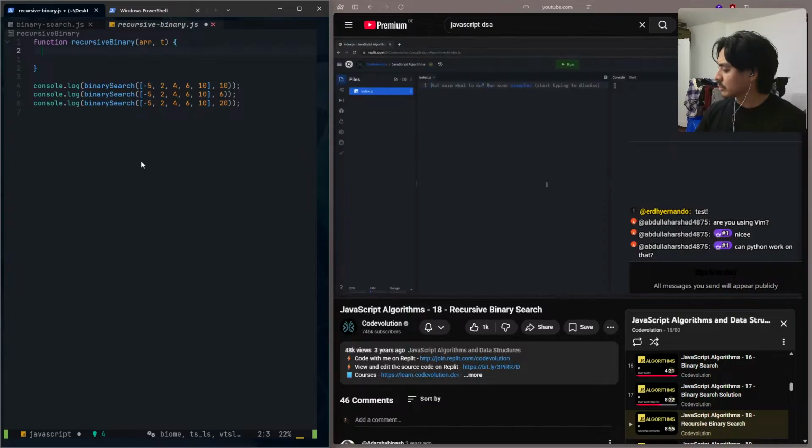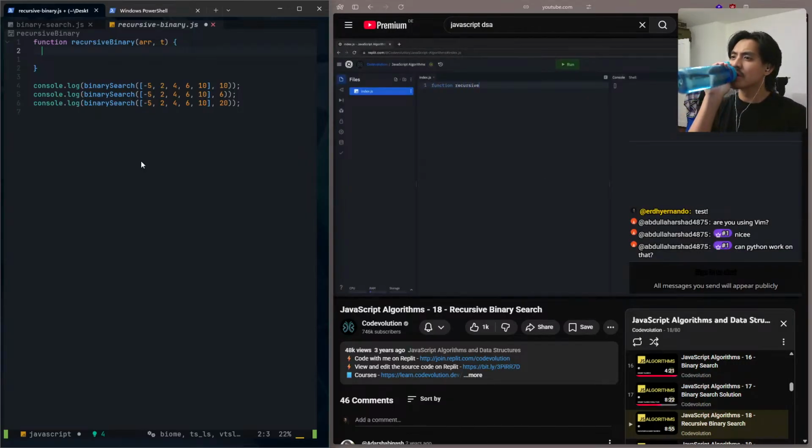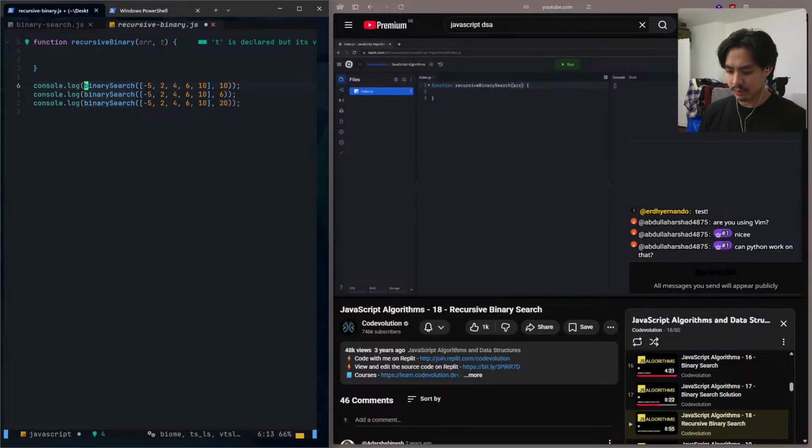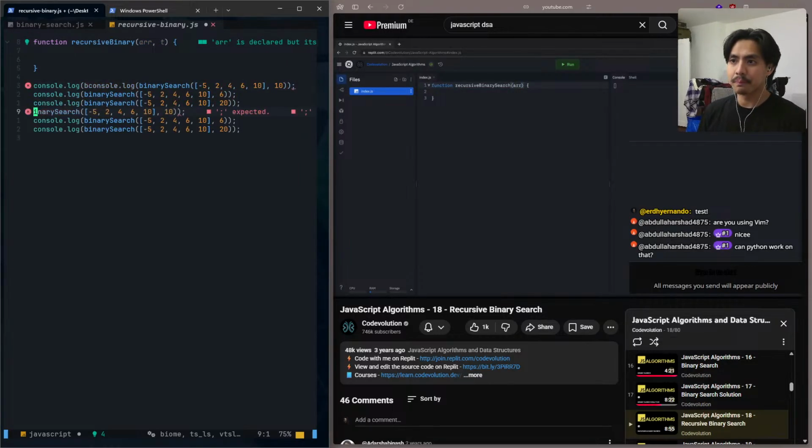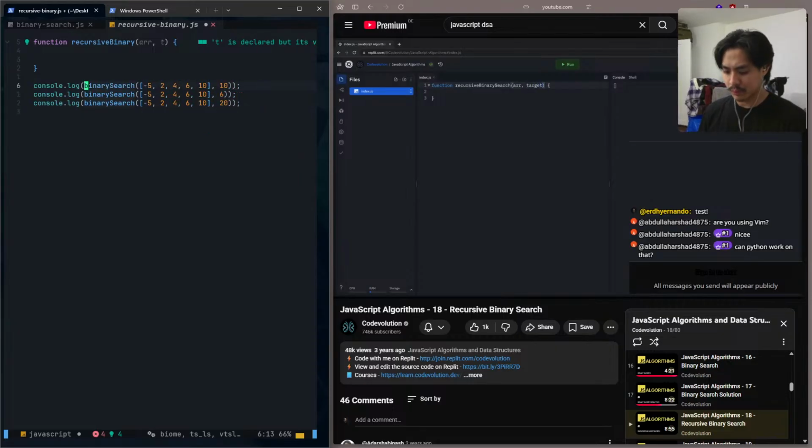Let's begin by defining the function signature. Function recursiveBinarySearch, parentheses, curly braces. The function will have two parameters: arr, which represents the sorted array we have to search, and target, which represents the element we have to find in the array. For example, calling the function with array being a list of 5 numbers and target